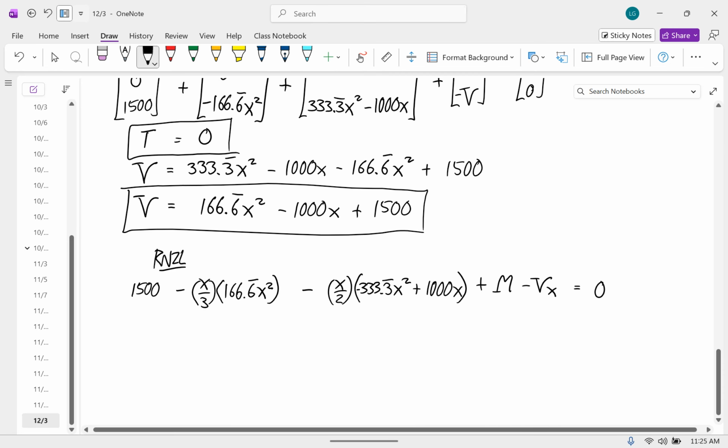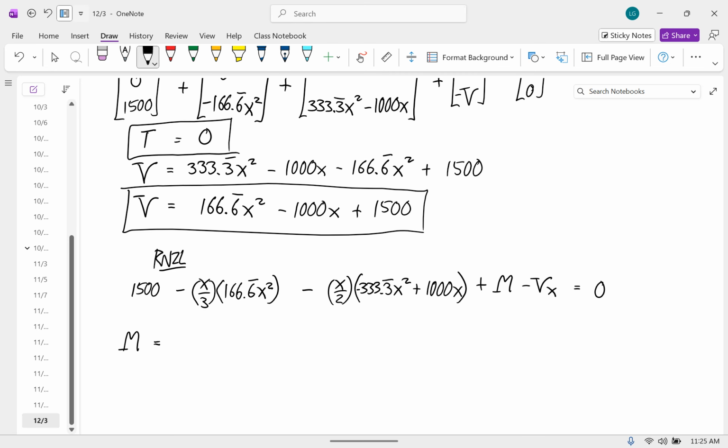And so now I'll simplify this. So we have m is equal to vx, v times x, plus, so I'm going to do that first algebra term first. So 166.6 divided by 3 is, so this is 55.5 repeating x cubed. And then I'll do that second algebra term. So this is plus,